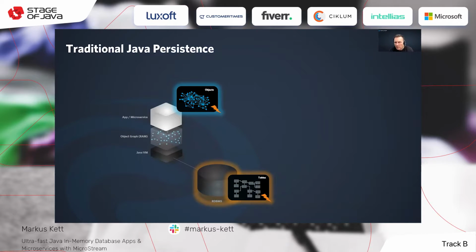However, as soon as we want to store data, we are used to using external database systems, and they work fundamentally differently from the Java object model. It's not possible to store complex object graphs in flat tables from the technical perspective. So we're in trouble.